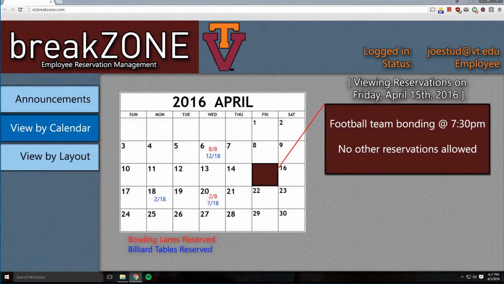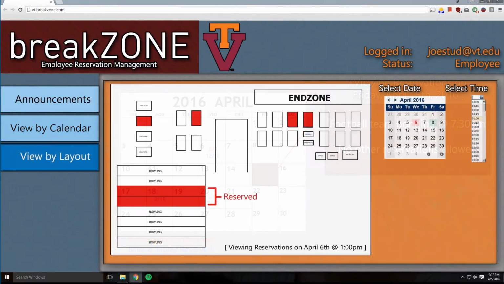By clicking on the next tab, the user will be taken to a screen with an interactive calendar. Clicking on a date will pop up information about the reservations on that date. The Layout tab features a similar calendar interface, but displays reservations at a specific time on a graphical layout of